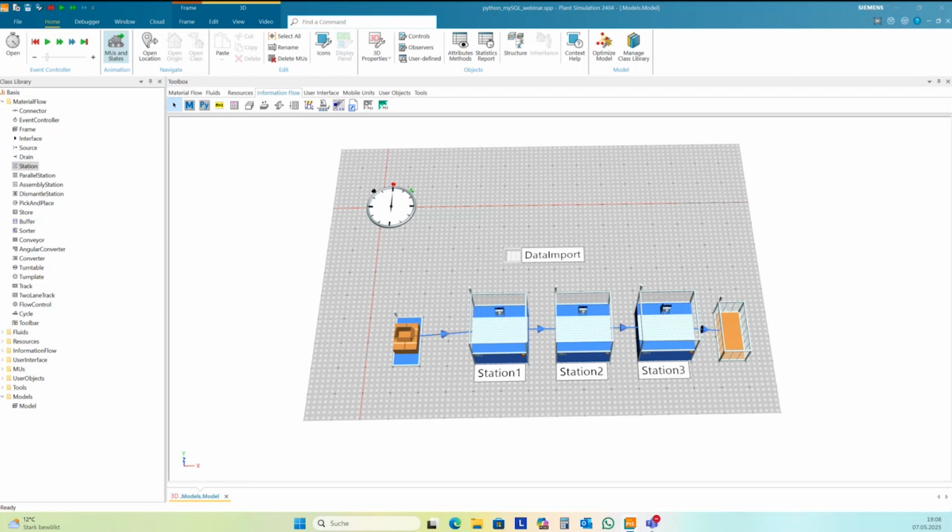And so I need first a database, and I prepared this already.